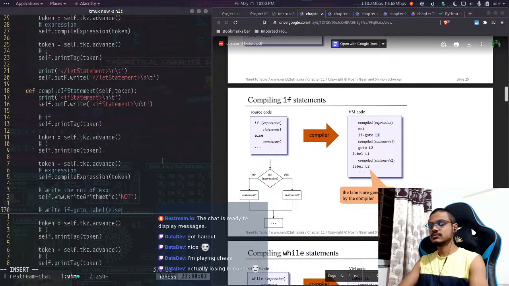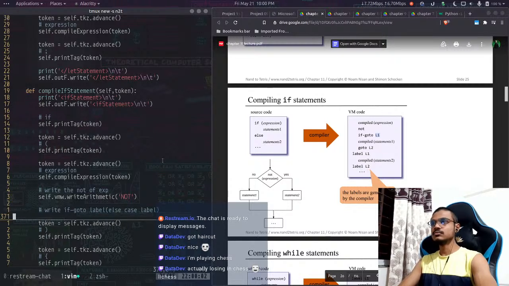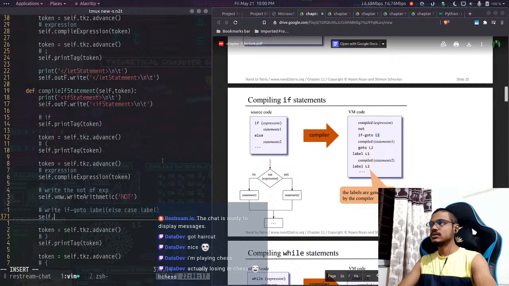Else case. This is an else case label. self.vmw dot write if, and we need to pass a label, so yeah, we need